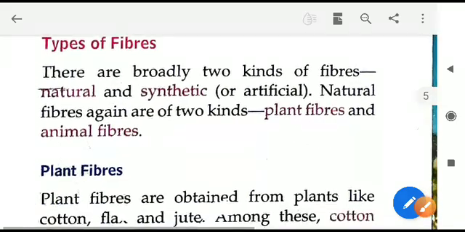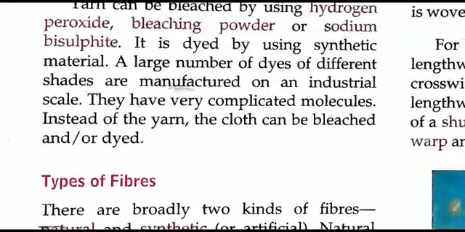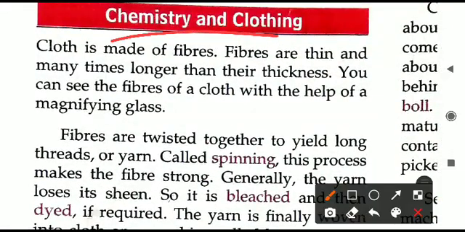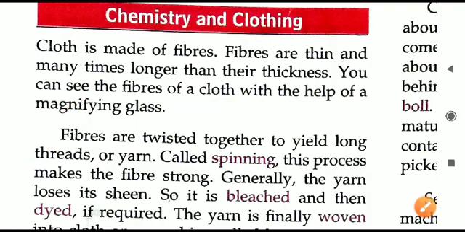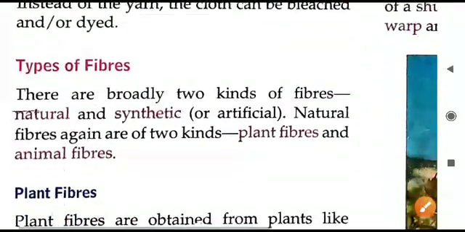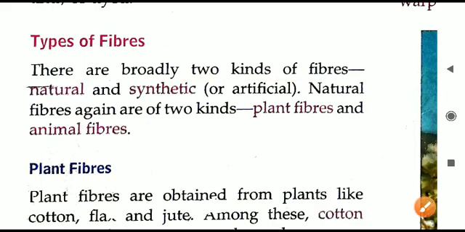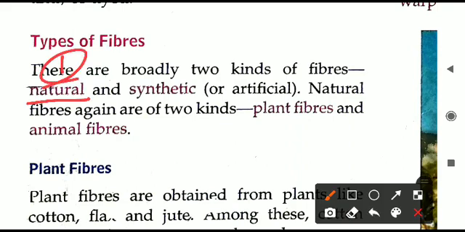So let us see the different types of fibers all around us. We have seen in the first part of this introduction to chemistry and clothing how the fibers are converted into a particular cloth. Now we will see the different types of fibers that we have. See, the fibers are broadly of two types here. One we will put here for natural fiber, and second will be for synthetic or artificial fibers. The name itself suggests their particular nature.